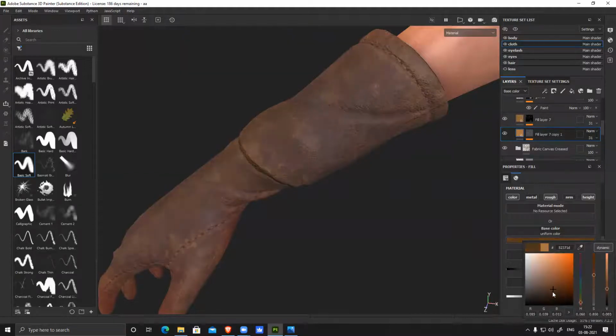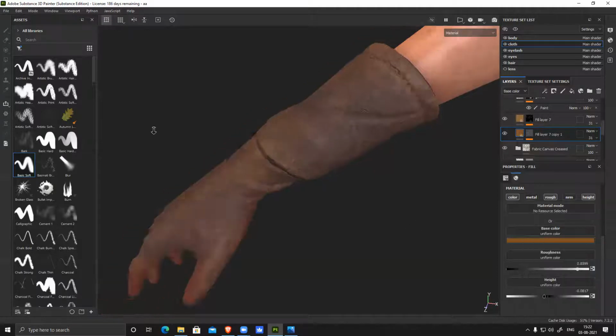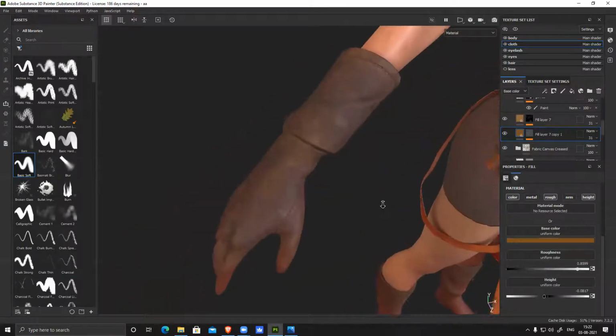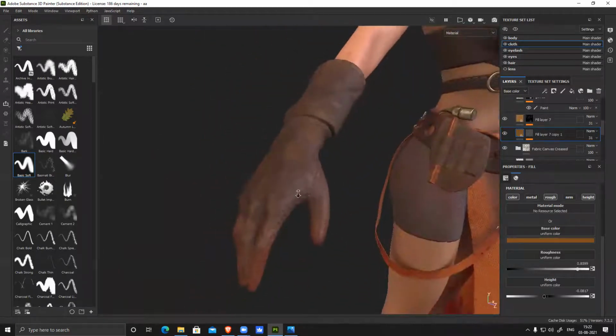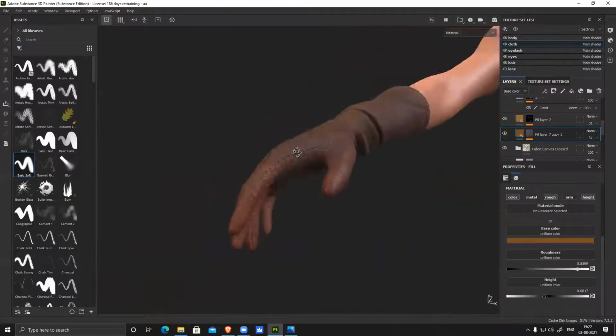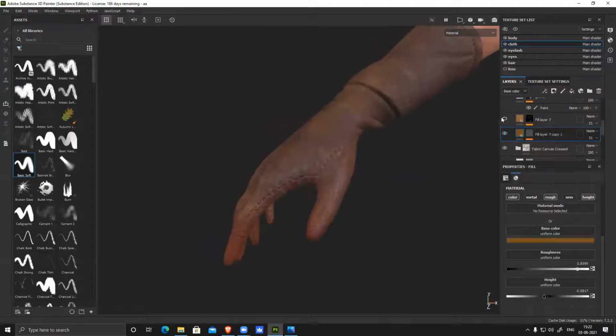Scratches can be slightly darker in color. So you can select tonal variation. And wherever I have scratches, it should be slightly matte.